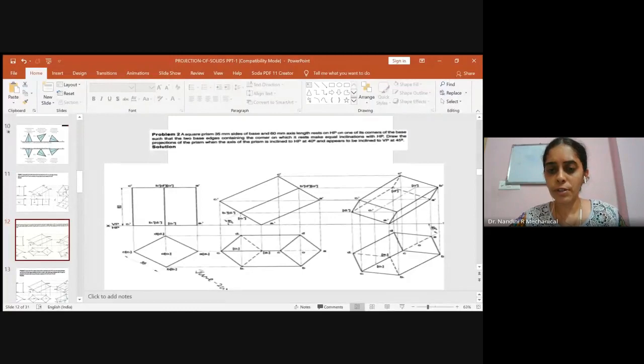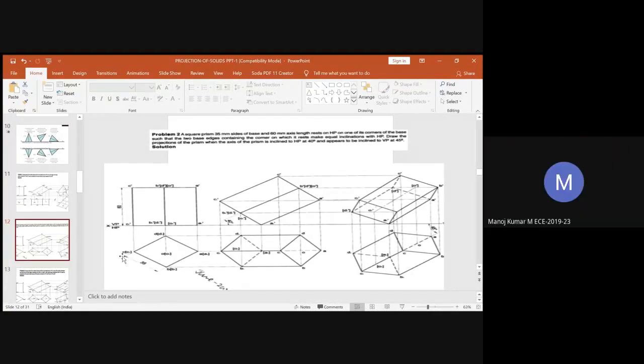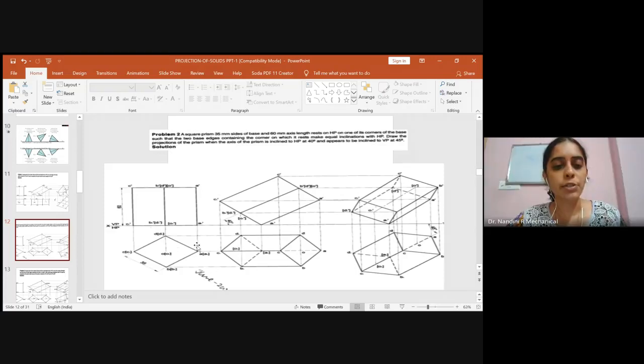After taking the projections, now we start reading the locus. Here, first give the naming for the bottom surface, then go for the top. Don't do both together, you get confused. So I'm starting reading the locus for the bottom surface. The bottom surface is nothing but C1, D1, A1 and B1.